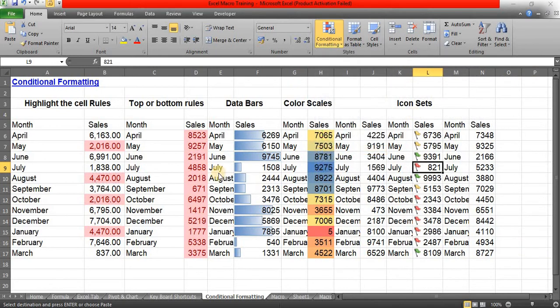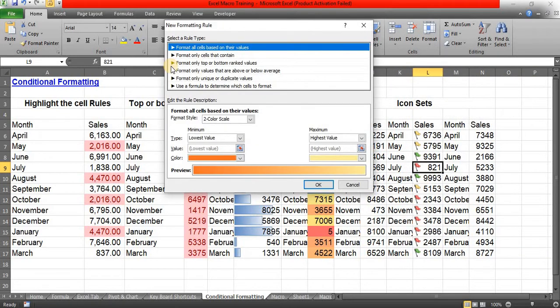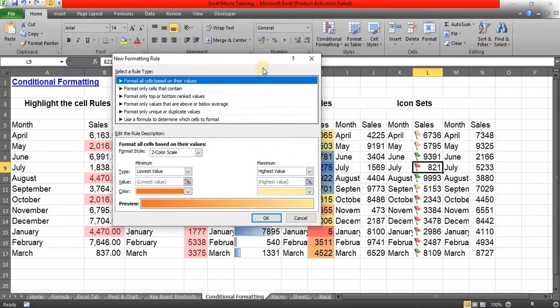And new rule. Here you can add any new rules to the conditional formatting. Previously we had all the conditional formatting options such as highlight, duplicate values and the other items. If you want to add any rules such as formulas or any certain rules, you can add them.